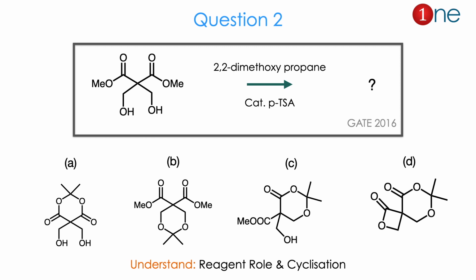So how is the ring formed? Near to the ketone, the attachment could be at the ester carbon, the carbonyl carbon, or the alpha carbon. There are these possibilities. So the reaction center and the role of the reagent is important here, and definitely cyclization has occurred here. The answer is B. Let us see how.